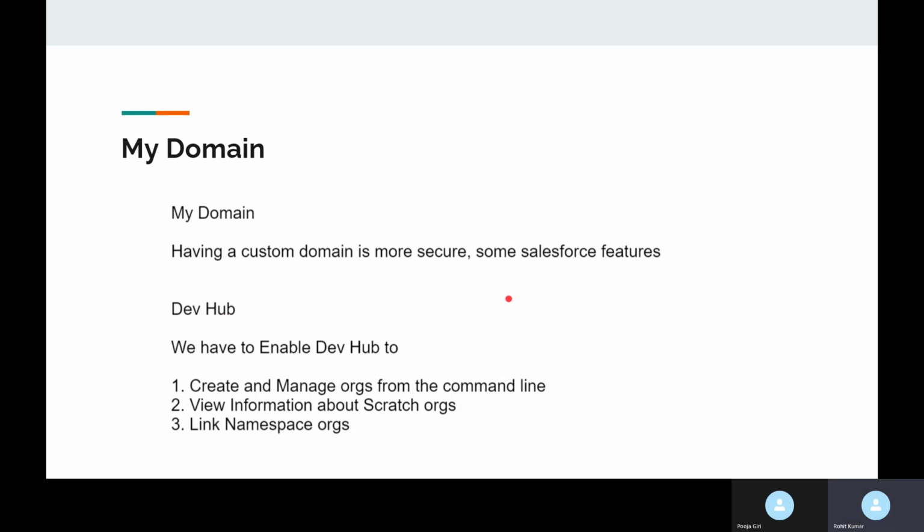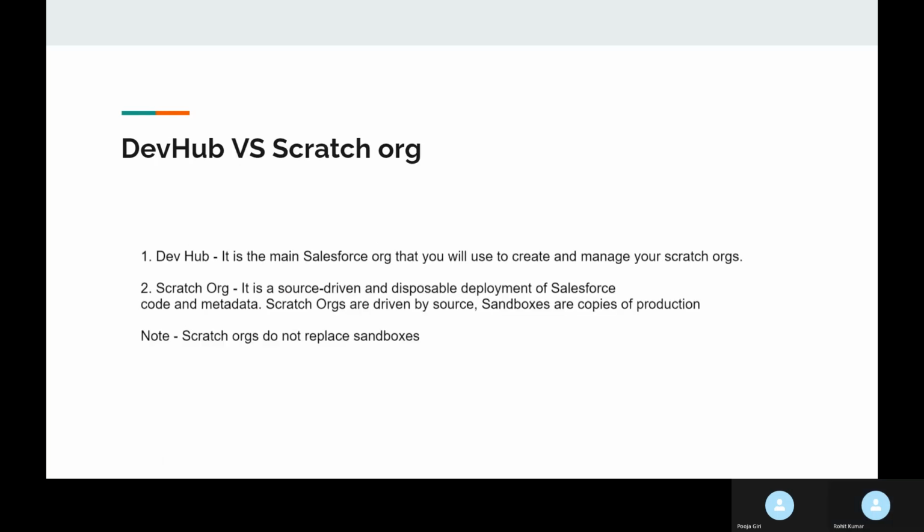Now the next point here: Dev Hub versus Scratch org. So Dev Hub is the main Salesforce org. Always remember, this is the main org, the org that you will use to create and manage Scratch orgs. It is clearly mentioned here, so please note it down.